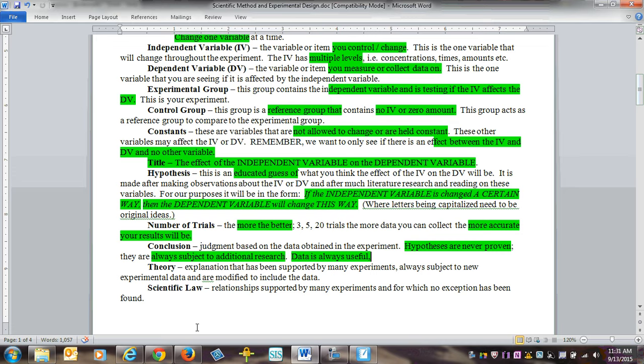Now, theory and scientific law. So once we've done this hypothesis and we've done it and done it and done it, tested it and tested it, and we've written a paper on it, and other people have reviewed that paper, and then other people